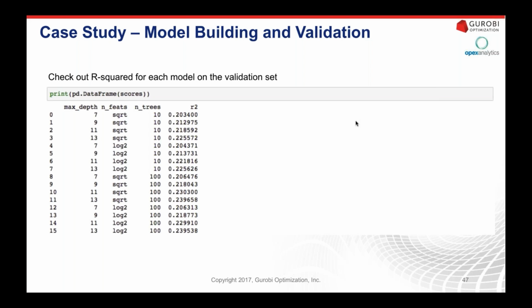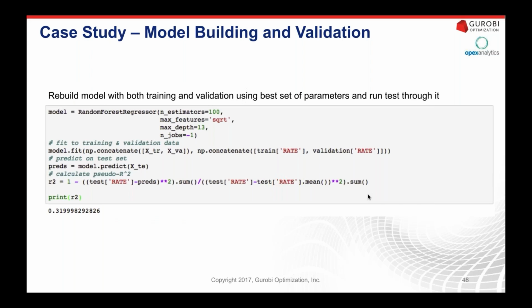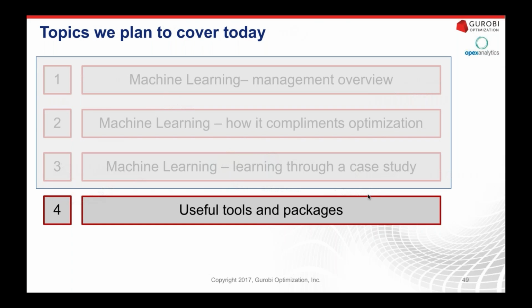And so here we're going to look at row index number 11, which had the, while not great, still the best R-squared out of all the different combinations that we looked at. And we're going to use that then to predict on our test data set. So here we feed back in the best features, we fit the model to the combination of the training and validation data set, and then we predict on the test data set and calculate our R-squared. And in this case, it turns out, while still not great, to be a little bit better than that validation set, and we get an R-squared of about 0.32.